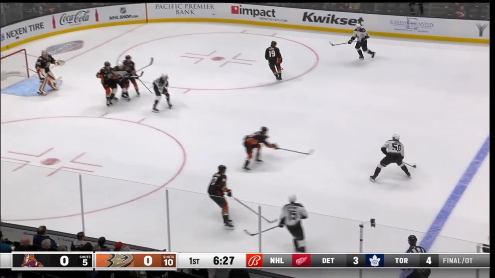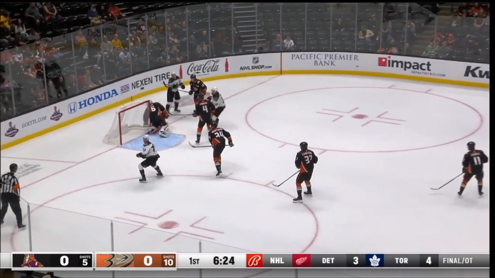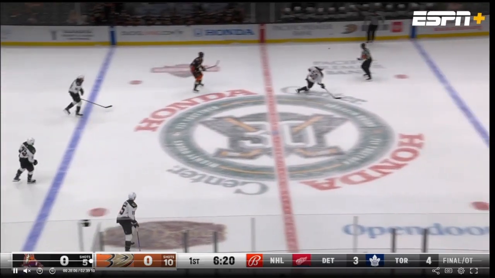So he really gets out there aggressively to the point and just forces the Coyotes defenseman to maybe take a shot that he didn't like. But the Ducks get it out of the zone. And so